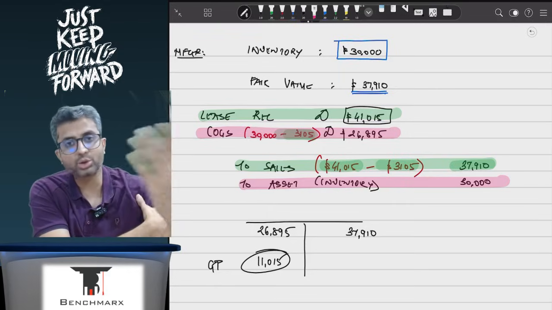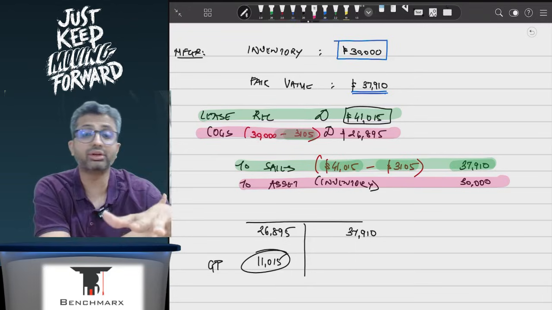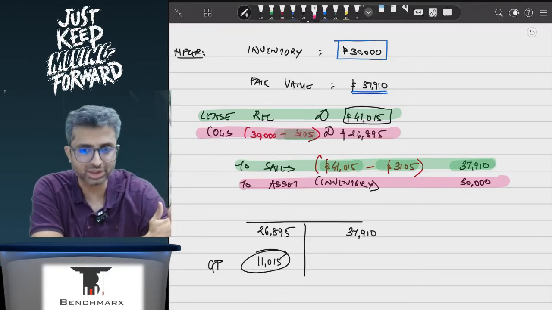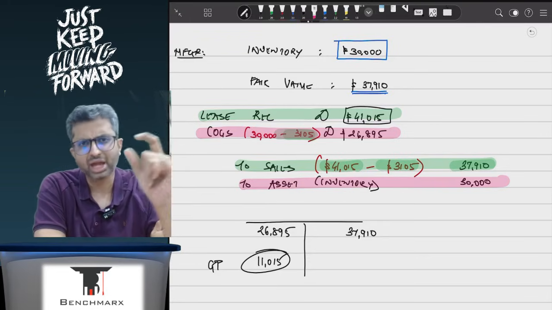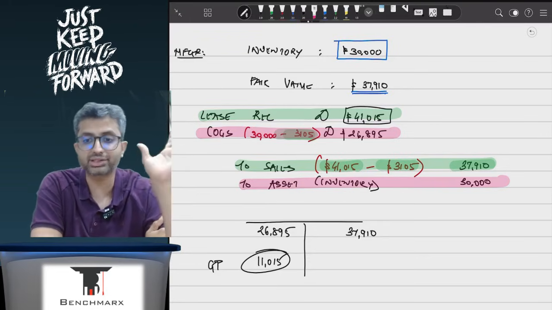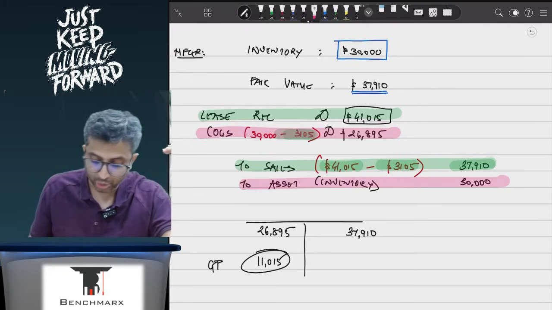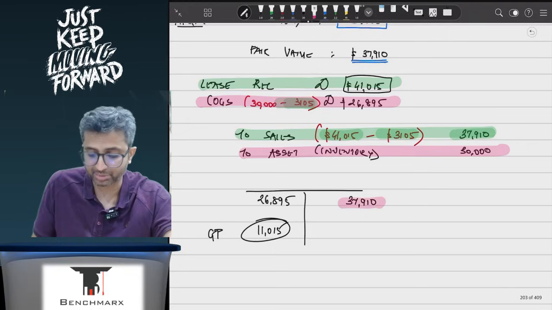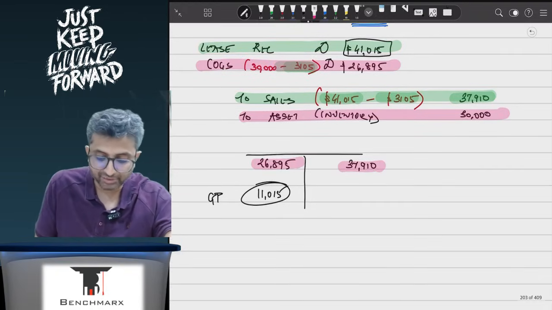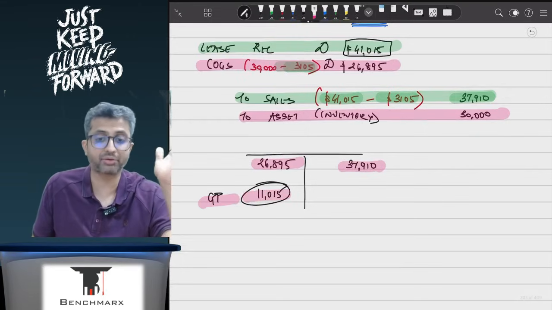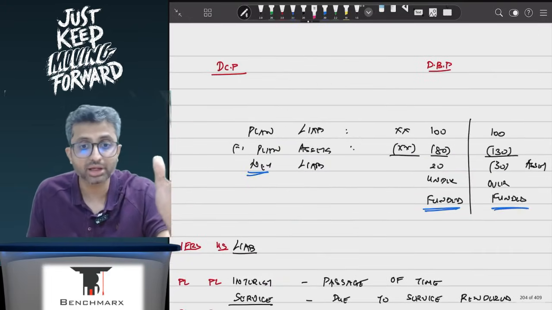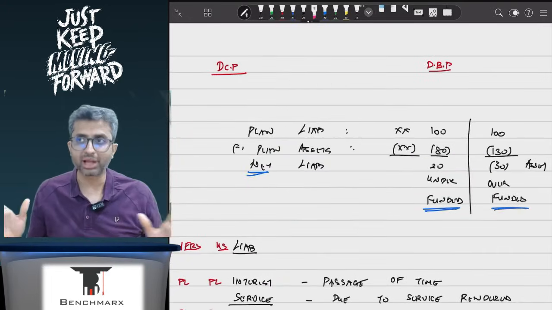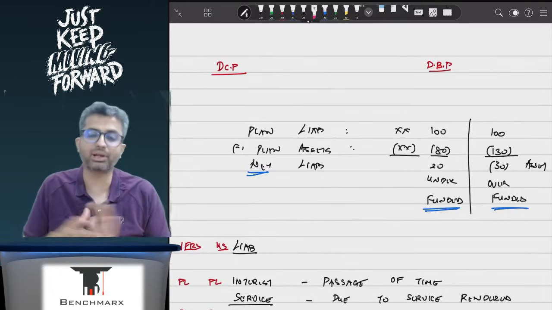Similarly, COGS account debit to inventory. So inventory of 30,000 is removed. That 30,000 should go to COGS. However, because I am saying that the entire sales is not yet materialized, and hence you will take 30,000 minus 3,105, and that's about it. So when you prepare your income statement, there will be some sales of 37,910, your cost of 26,895, and hence there will be some gross profit that will be recorded if there is a manufacturer or a dealer lessor, as the case may be. So this is regarding long-term liabilities and the longest section of long-term liabilities, which is on